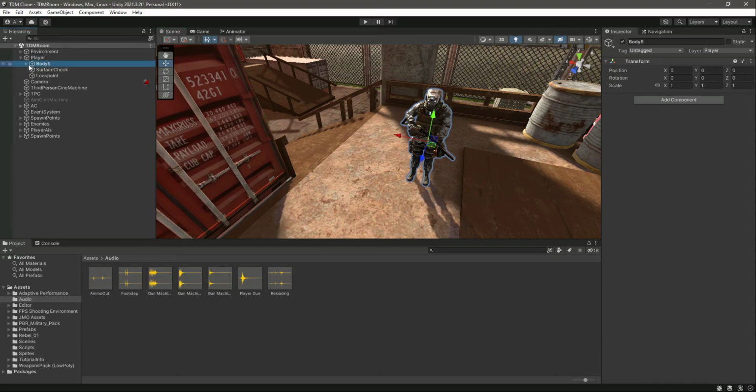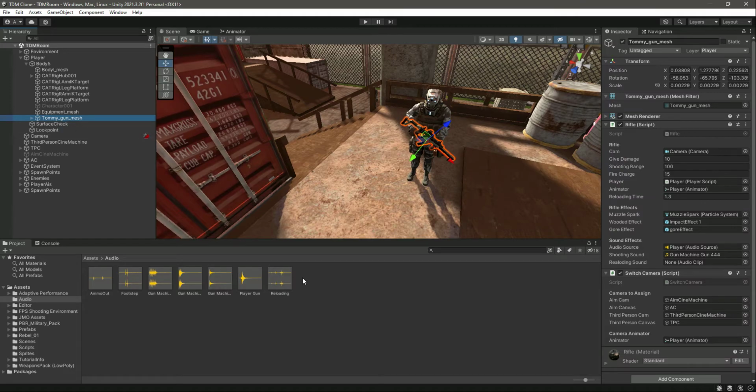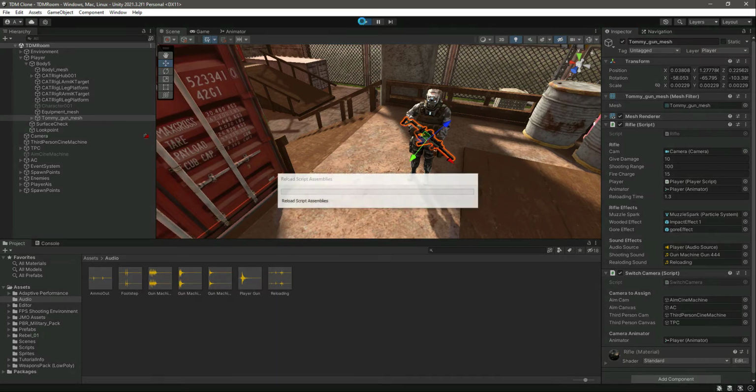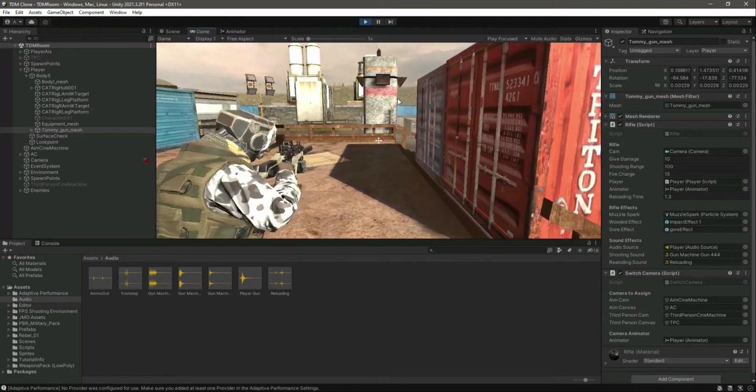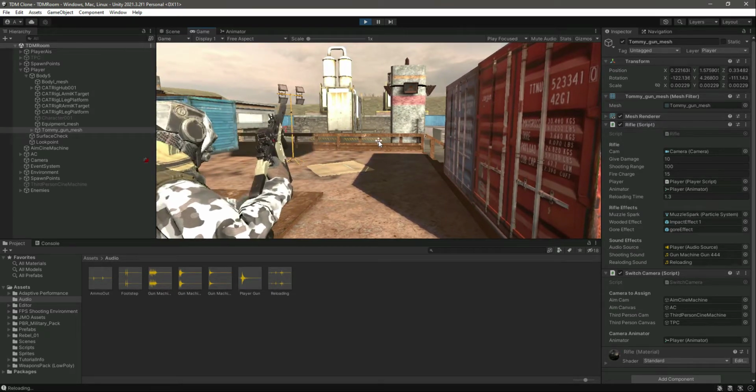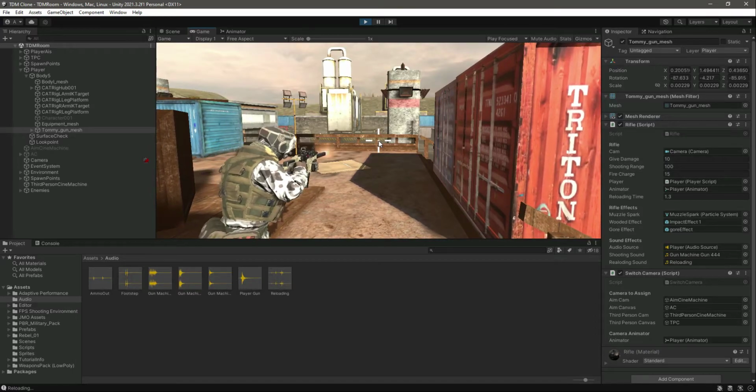and select the Tommy gun mesh again and just simply drag and drop the reloading sound right there. Save the game. Let's play it and let's see the sound now. Now as you can see it plays the reloading sound,